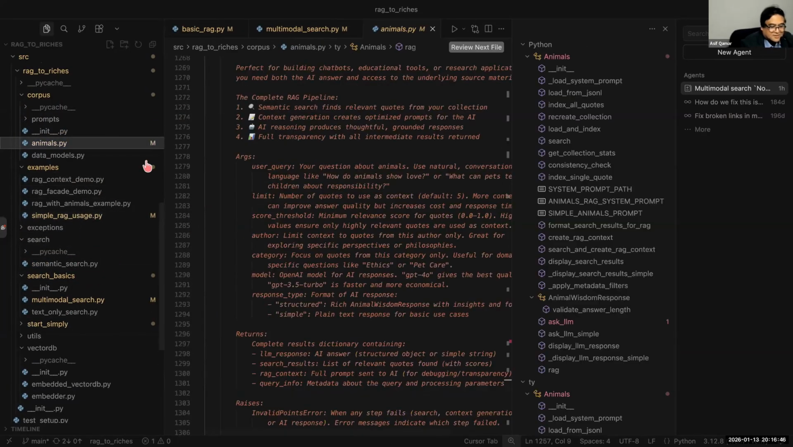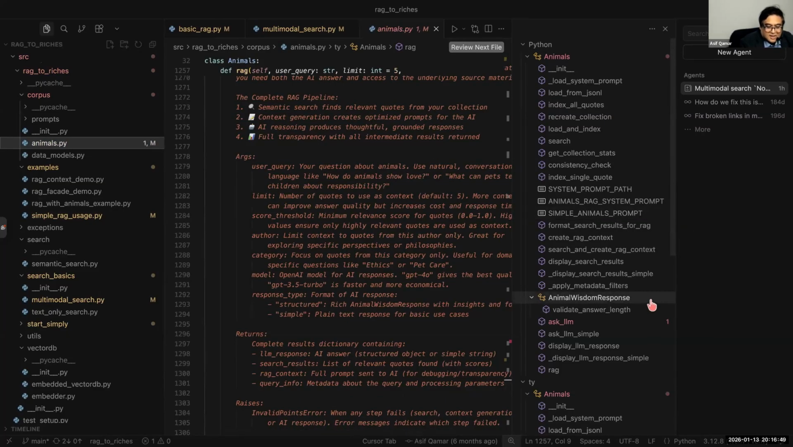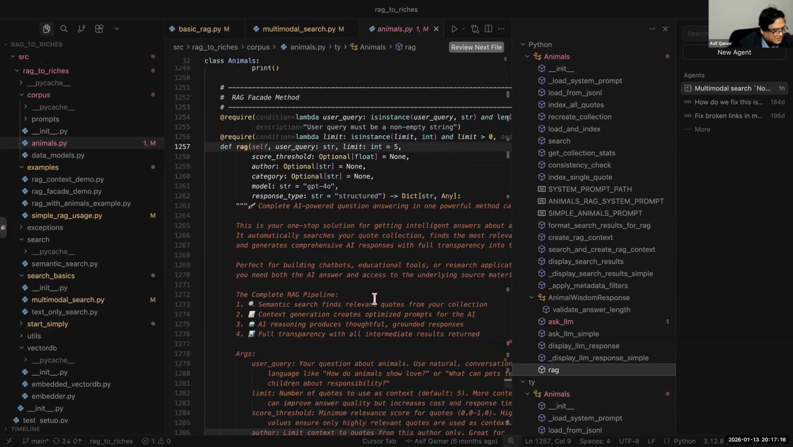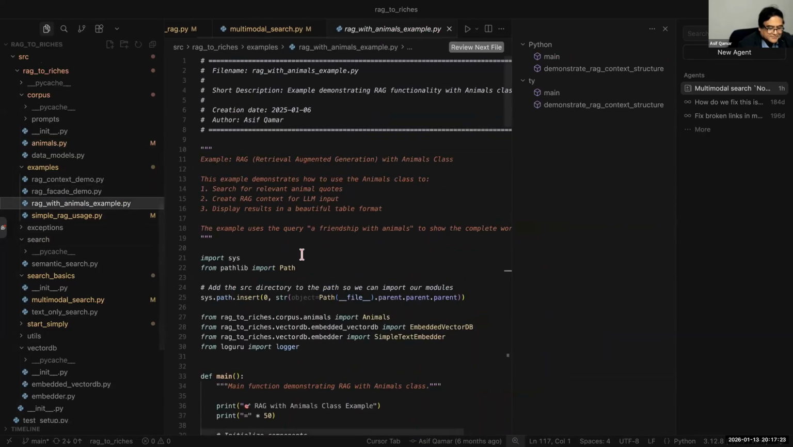So here is the end. Just for you to know, I've simplified everything to one outermost function, animals.rag. This is your entry point. Are we together? All you have to do is give it your input query. It will do the search in the vector database, pass the results to the LLM, and get you the response. Now, I do want you to pay attention to what it produces. If you look at RAG with examples,